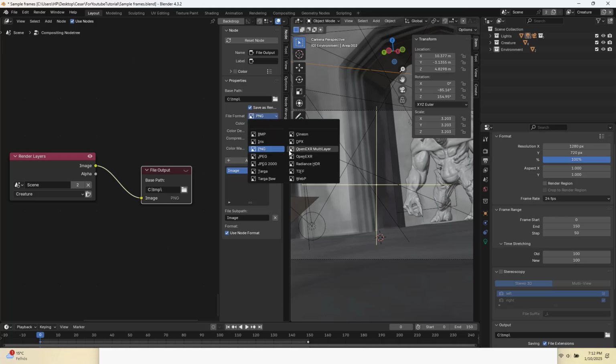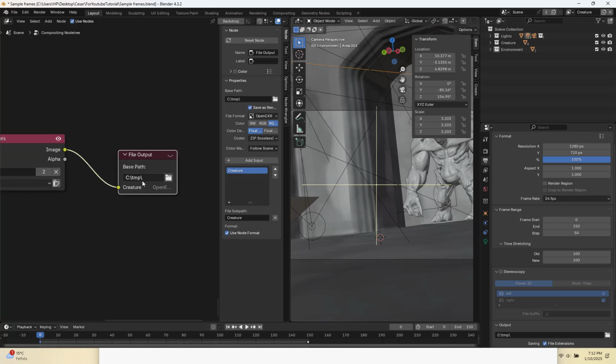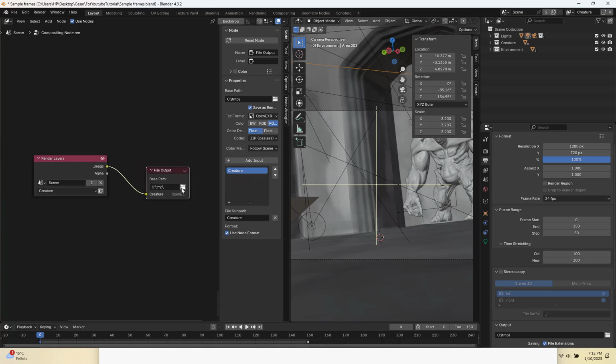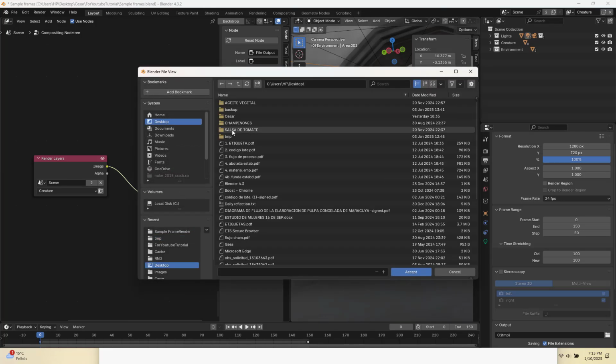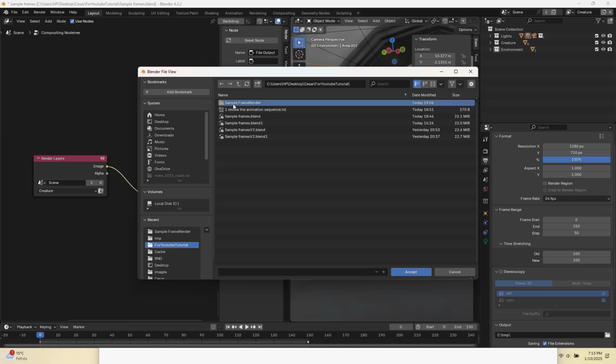I will also change the format to OpenEXR, and probably change the name to creature. Then basically that's it. I will just change the base path to a folder here. I already have some saved, but I'll create a new folder here, Render images,